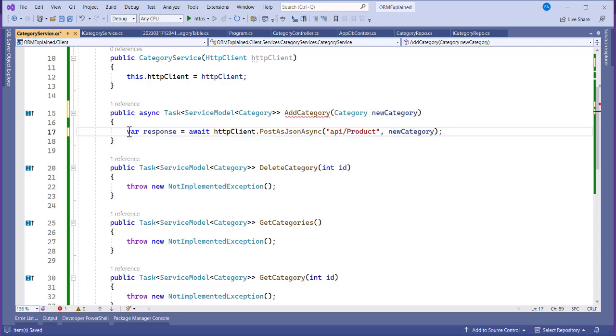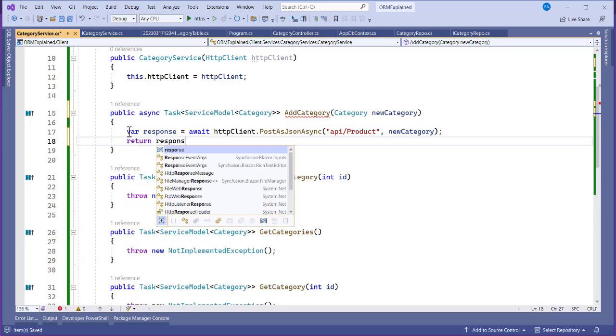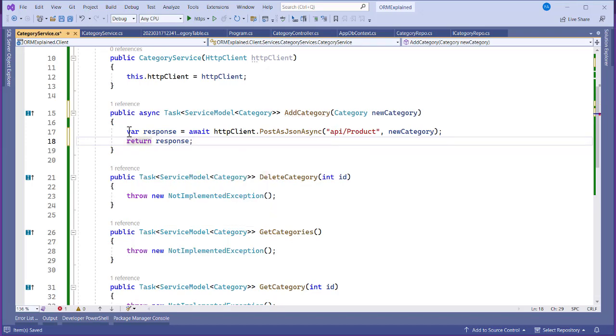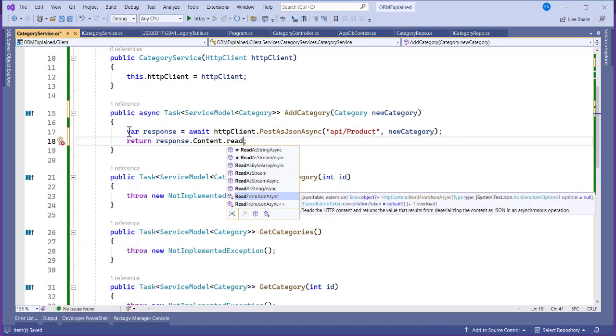Okay, so we can return response. Let's see, if possible, we can return response. So response dot content dot read from JSON async,